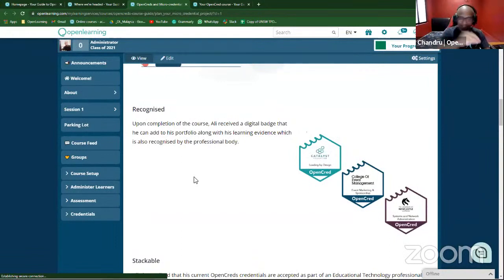evidence, all the evidence that he created throughout the course. When you do the activity and when you discuss, everything is actually learning evidence, right? That is also recognized by the professional body. Okay, so